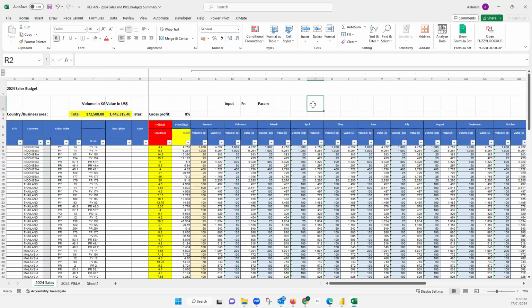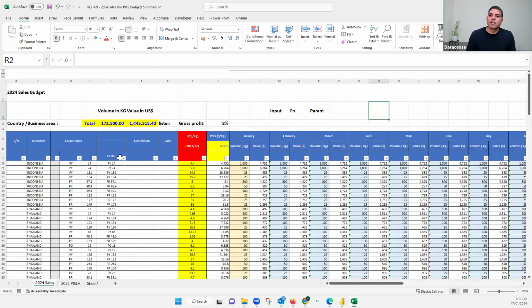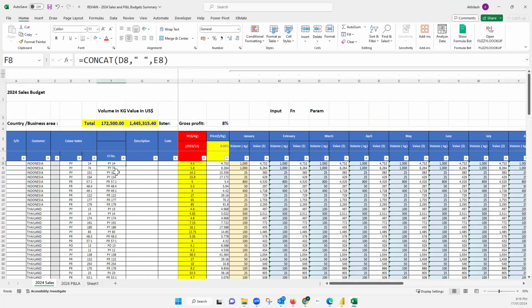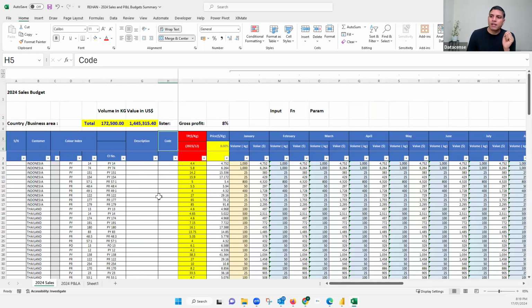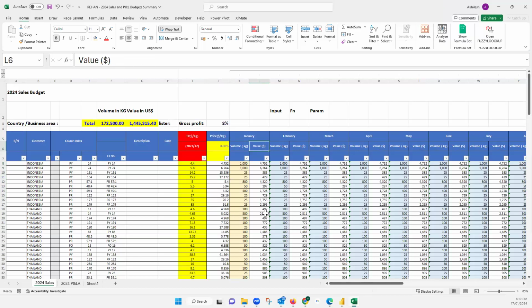Country, and color index, number. Then product. Let's consider the combination also as a product. Maybe these three are there if they are available. Currently they are empty. Then we have this per kg price and all the things. Then what else? Month. Then the volume and the value. So whatever we have mentioned just now, those many columns should be there in the data,